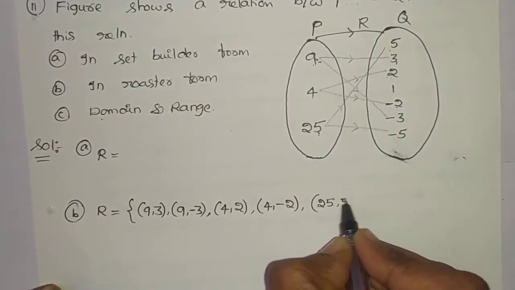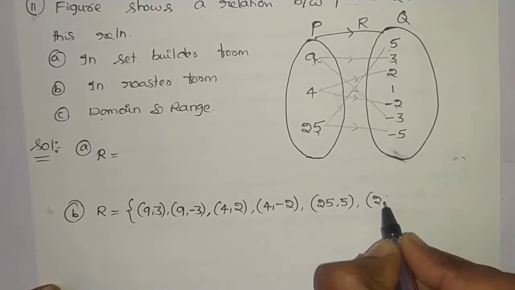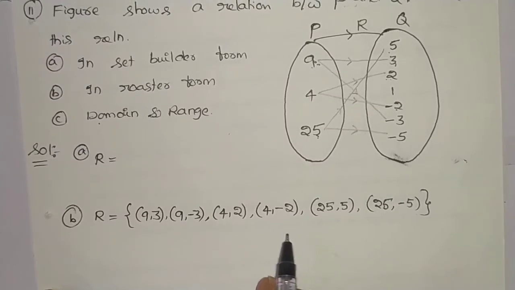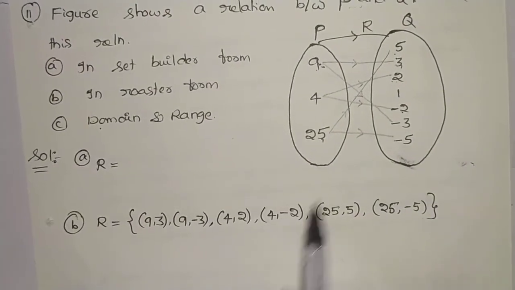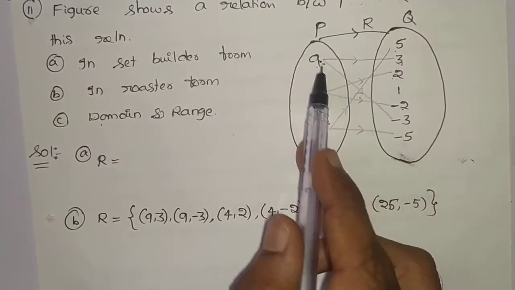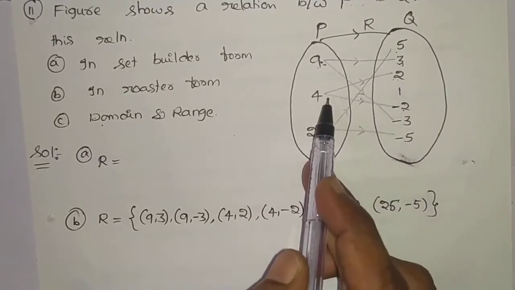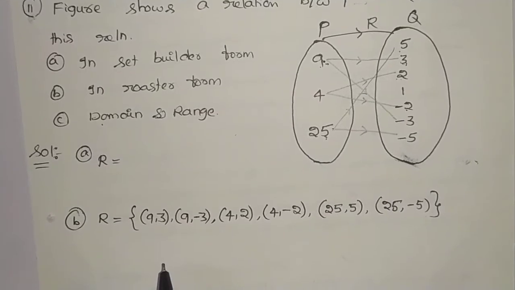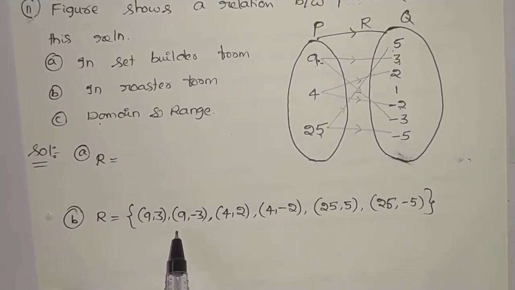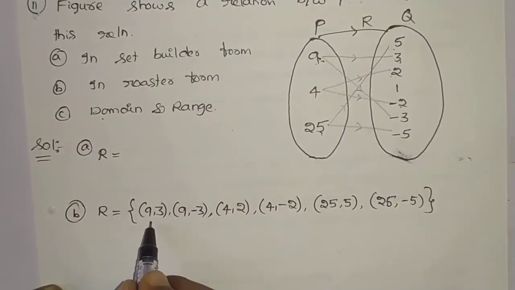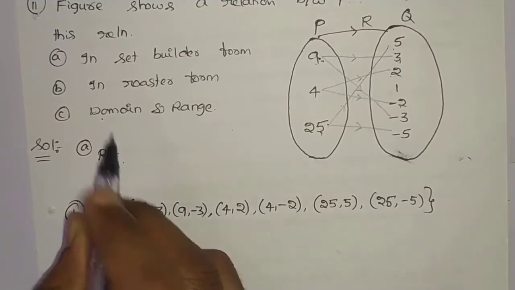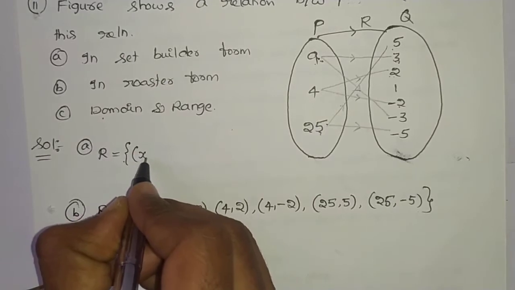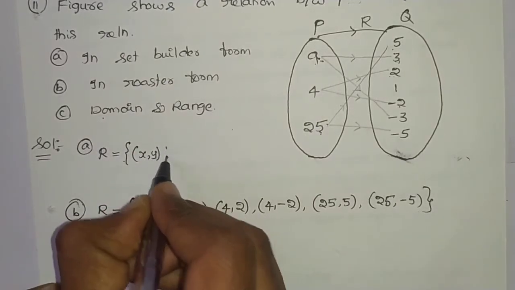It is a relation in roster form: (9, 3), (9, minus 3); (4, 2), (4, minus 2); (25, 5), (25, minus 5). Hence, it is the roster form. Now, let us write this relation in set builder form. The first question is what? Set builder form. In set builder form, we have to take ordered pair (x, y) such that,